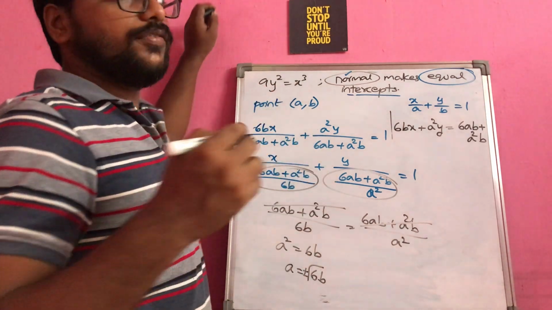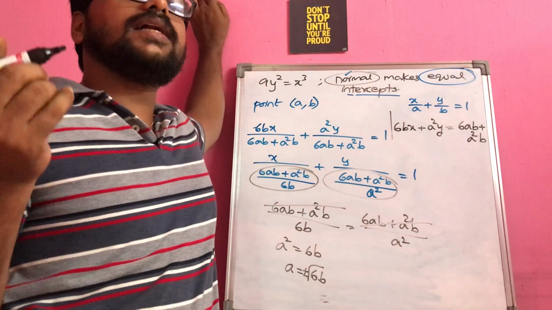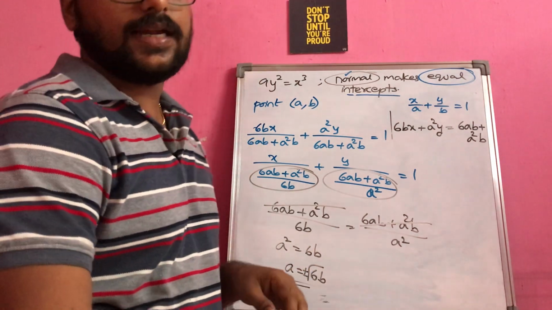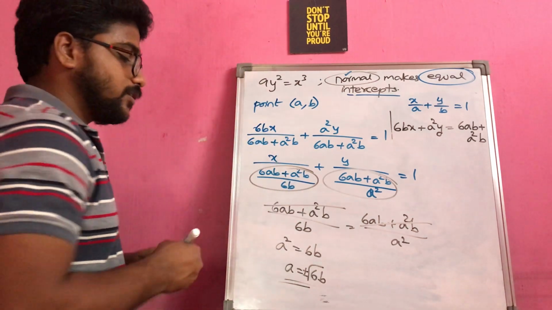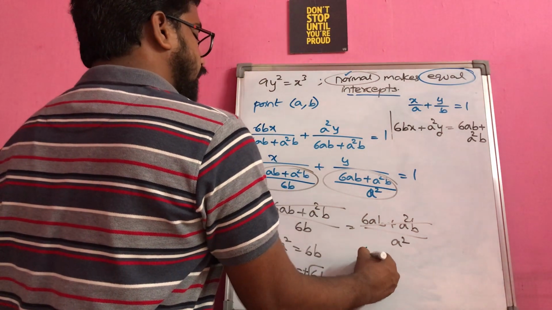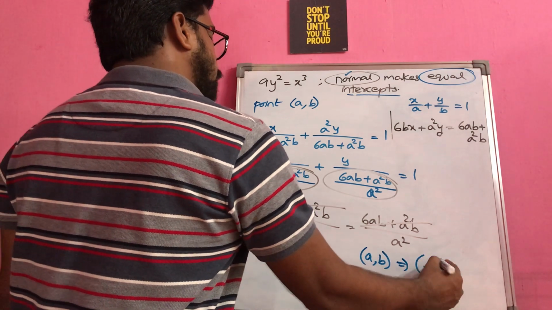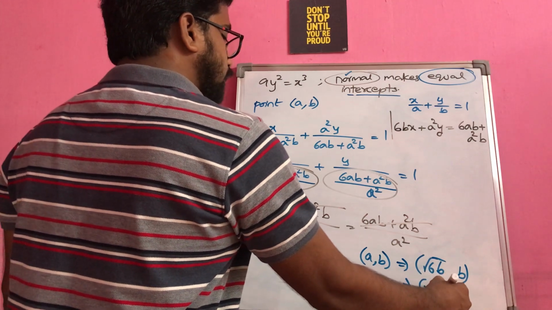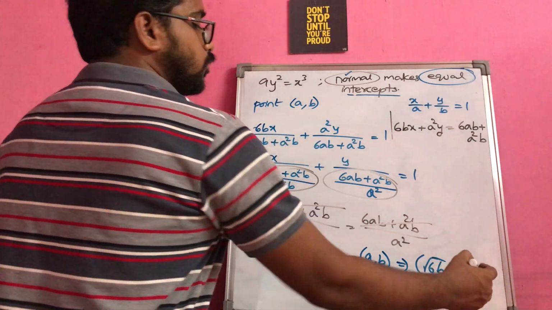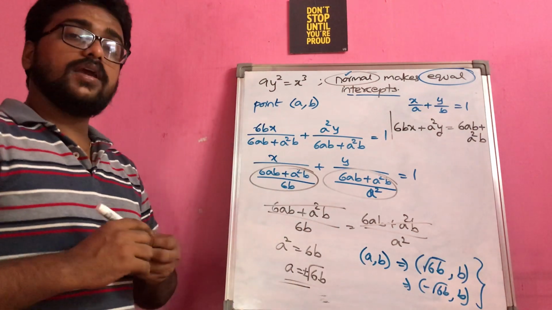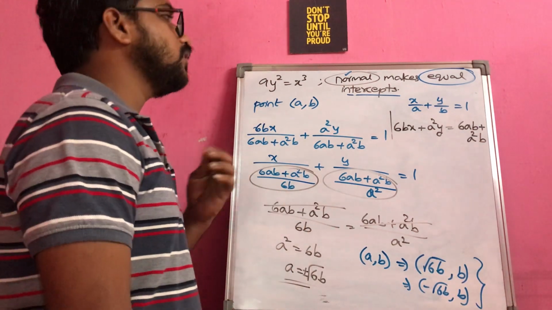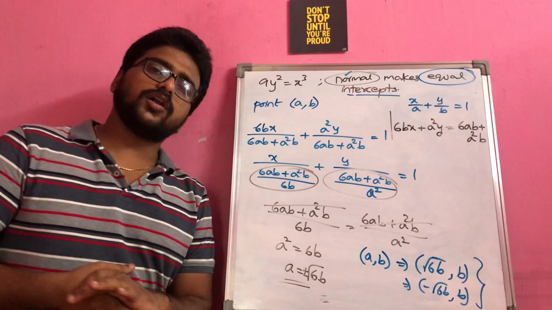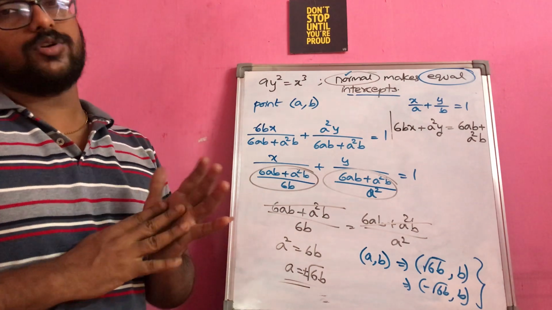If you observe the question, they said find the points on the curve. So points, it's a plural word, indicating that you will be getting more than one point. So the points you had taken as a comma b imply plus root 6b comma b is the one point, and the second is minus root 6b comma b. So these are the required points on the curve where the normal makes the equal intercepts for the given curve 9y square equal to x cube, right? So you just have to follow the question correctly and then accordingly proceed.